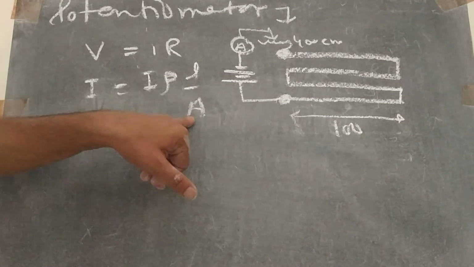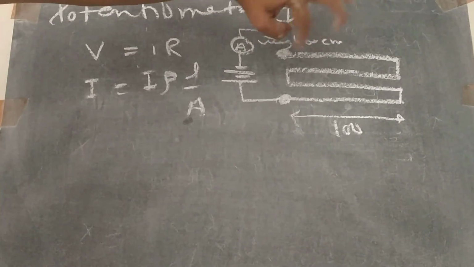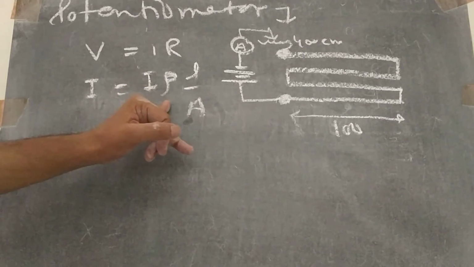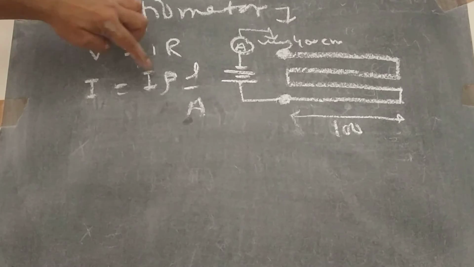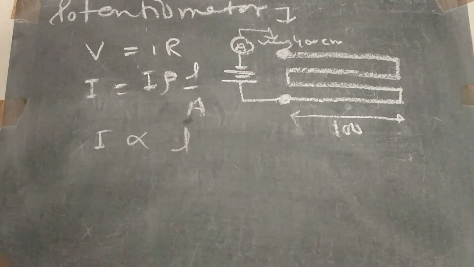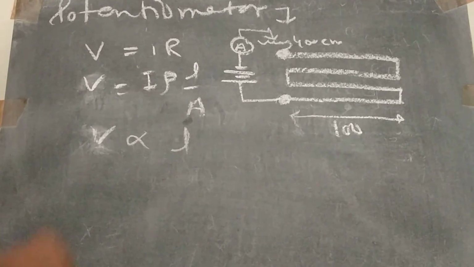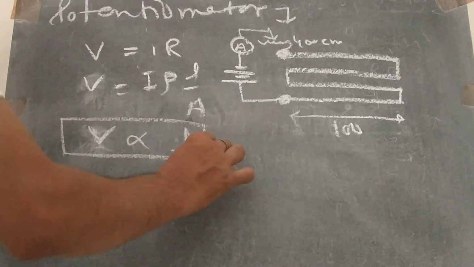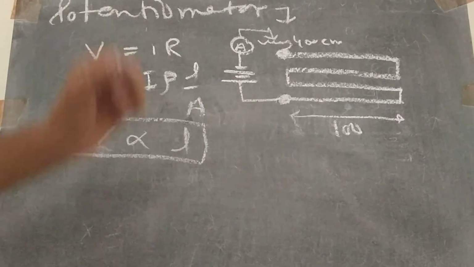Here the area of cross section of the wire is the same because the wire is fixed on this board having equal, constant area of cross section, and resistivity is constant. By using this rheostat, we make the current constant. If all three things remain constant, then V is proportional to L. This becomes the principle of potentiometer. Potential drop across the wire is directly proportional to the length of that portion.